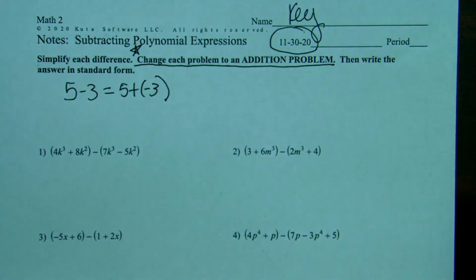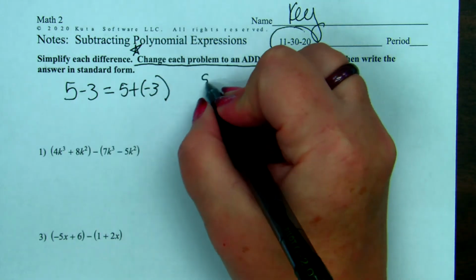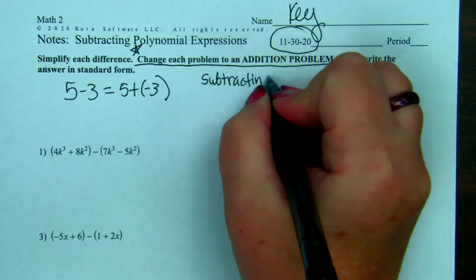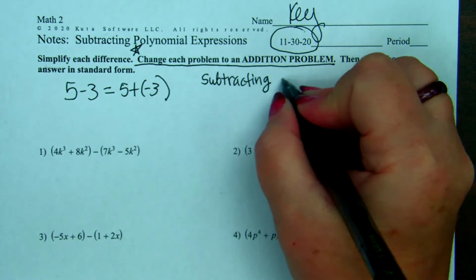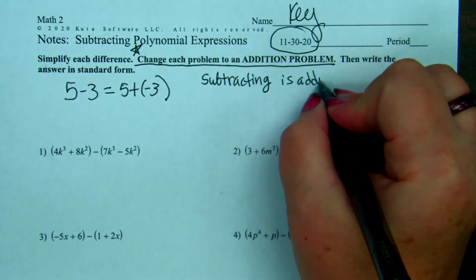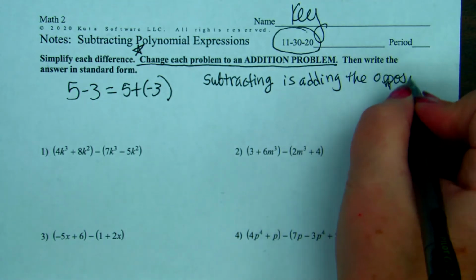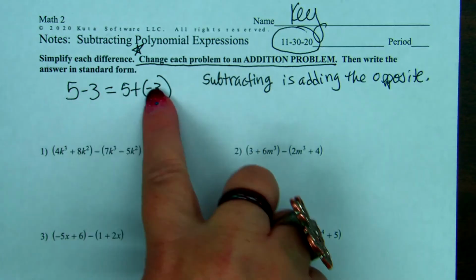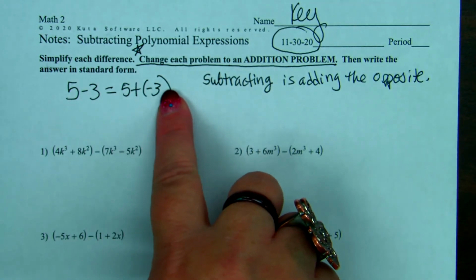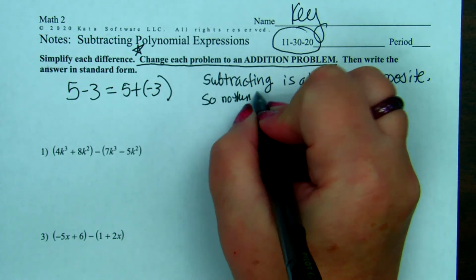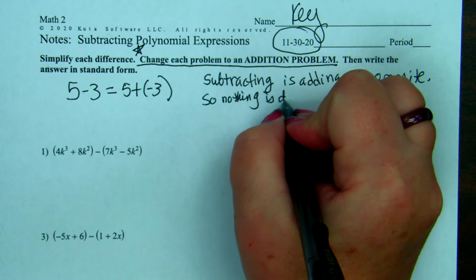Because we did adding polynomial expressions, so now we're going to be subtracting them, and we're going to turn them into addition problems, so then they will be the same as what we did during vacation. Subtracting is adding the opposite. Subtracting 3 is adding negative 3. So nothing is different